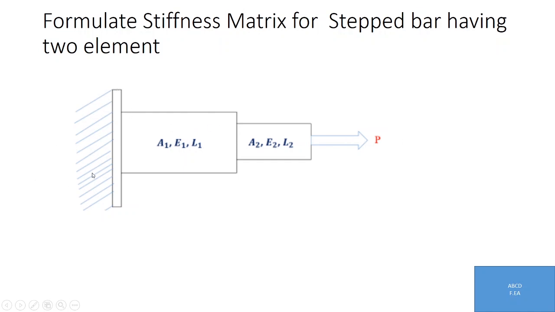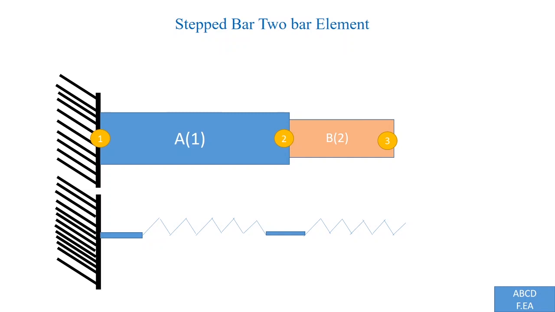Let's see. Now suppose this is a system. Got it? This is a system, and the corners shown in yellow, 1, 2 and 3, are called nodes. Nodes, again I will repeat, are the corner points where you are going to define the boundary values. You can see it is fixed at this end and the load will act at this end. And for simplicity, I have put 1 and 2. This is different from nodes, don't get confused. That's why I have put A and B. 1 and 2 here represent my elements. So my system has 2 elements and 3 nodes.